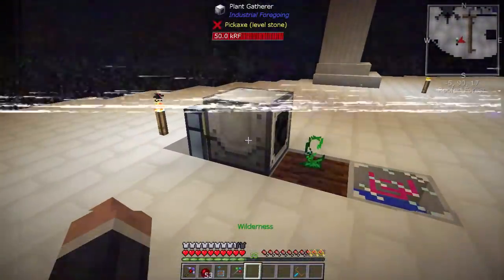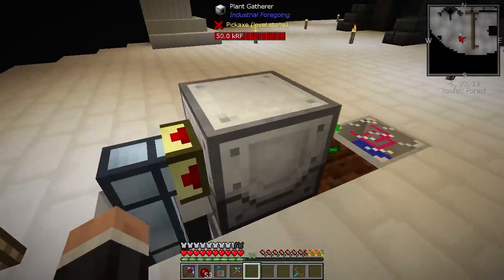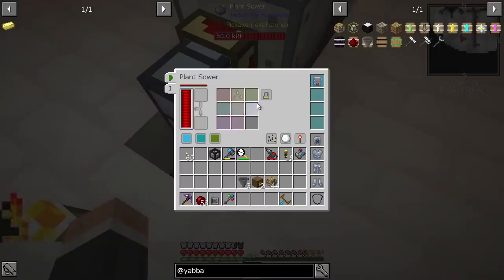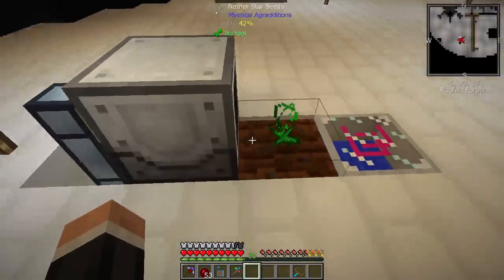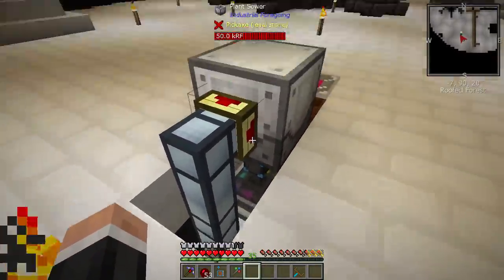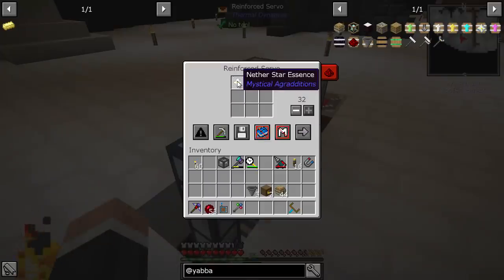I've had to change this up because the harvester just wasn't doing what I wanted it to. So I've had to use a plant gatherer from Industrial Foregoing and a plant sower as well. You can see you put the seed there, had to put a range add-on as well just to push it one block forward. And what this does basically, this harvests the stuff, and then we've got a servo here that